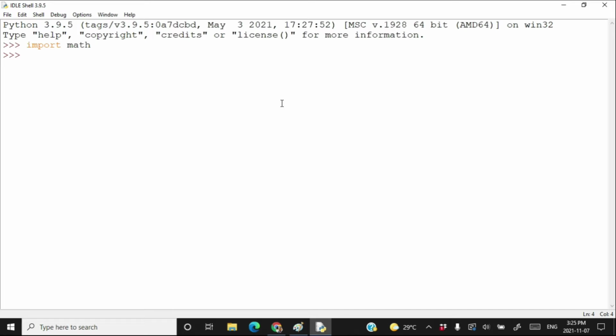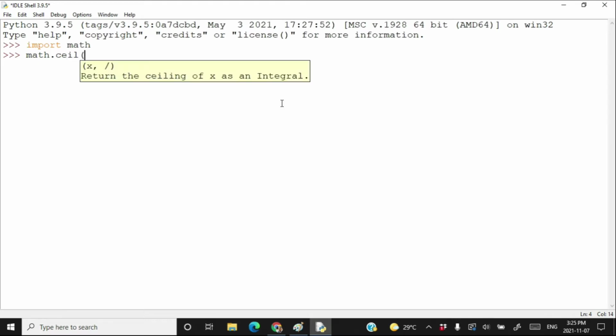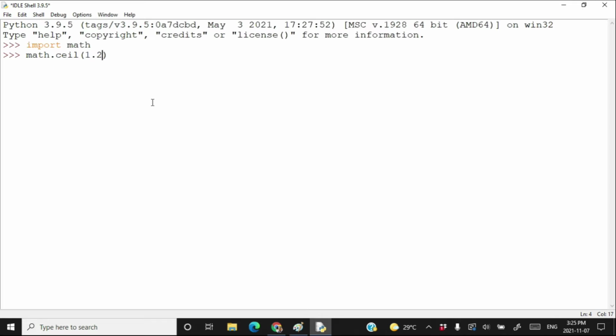Now let's call math.ceil, C-E-I-L, means ceiling. Ceiling means a whole number higher than the number you are passing as argument to the method. Here I am passing 1.2. Which whole number is higher than 1.2?